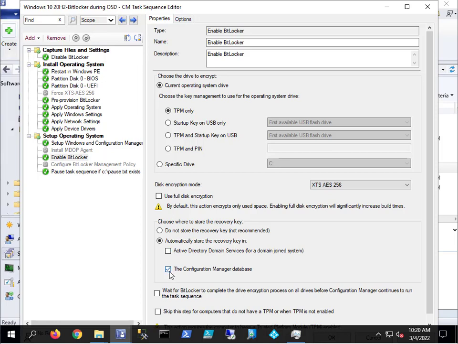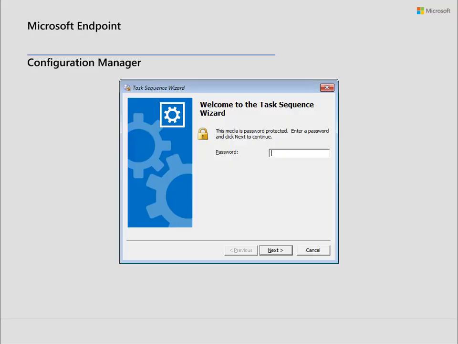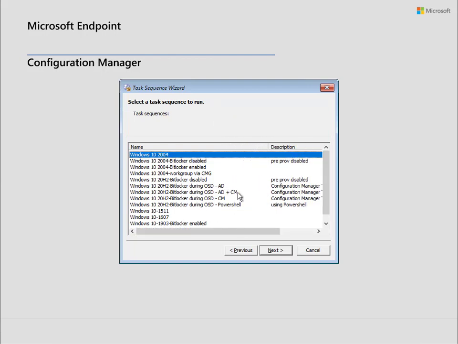So we can basically do a test and see exactly how this works. All right. So what I will do is I will PXE boot a virtual machine, and that's what's happened here. And this one has nothing installed in it at all. It's blank. What we're going to do is pull down the policy right now, and we're going to select one of those task sequences we were just looking at. So I think this one would be a good one to choose. Configuration Manager,